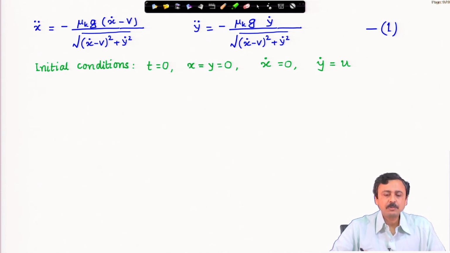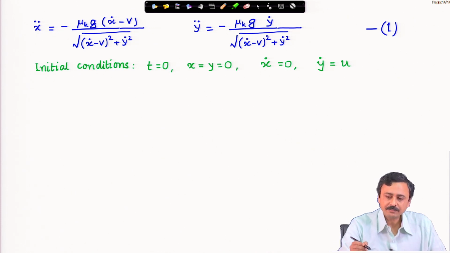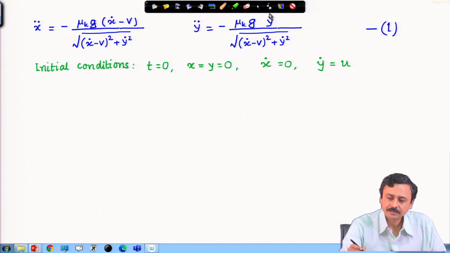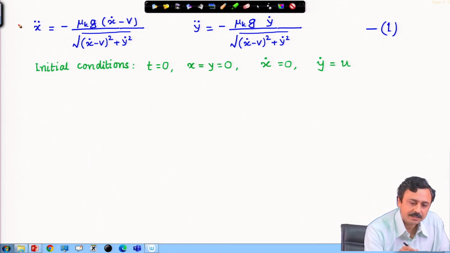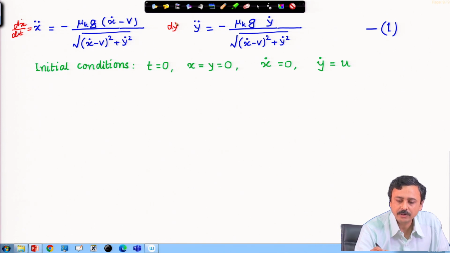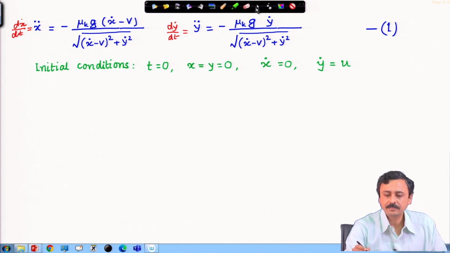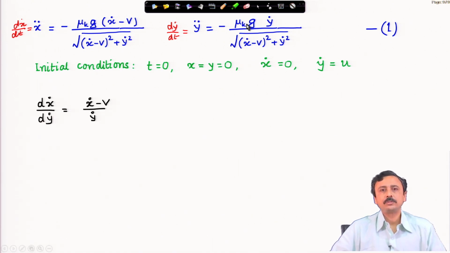It looks almost like unsolvable, but there is a step that if you take, this becomes very simple, and that step is first writing this as d x dot by dt and this as d y dot by dt, and then taking the ratio of these two accelerations,